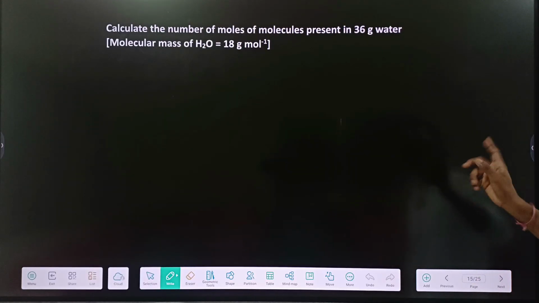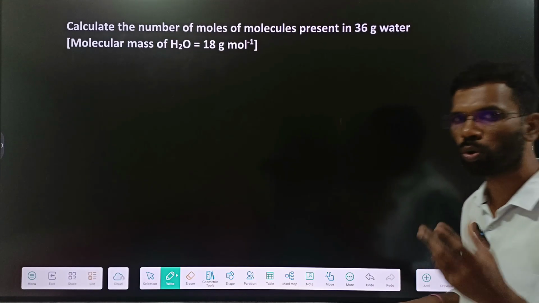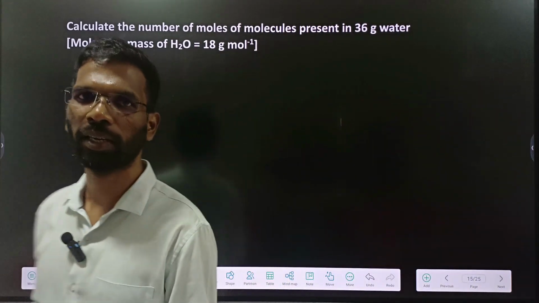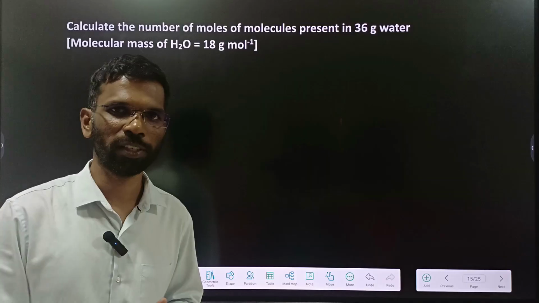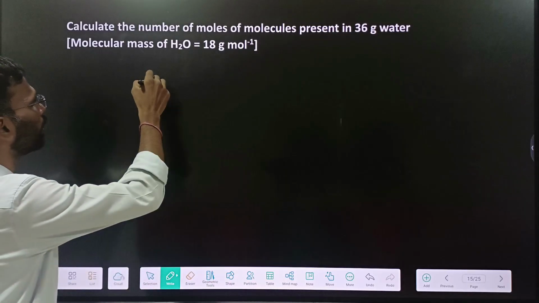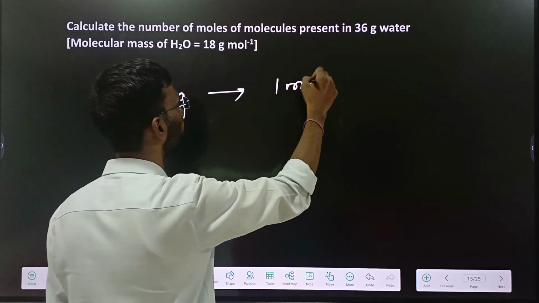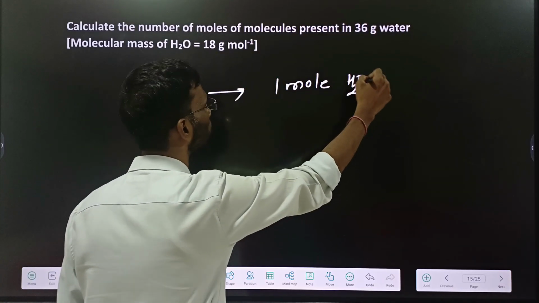Calculate the number of moles of molecules. Now over here it is a similar question, but here you don't need to find the exact number, the big number. You have to find the number in terms of number of moles. So we know 18 gram has how many moles? 1 mole H2O